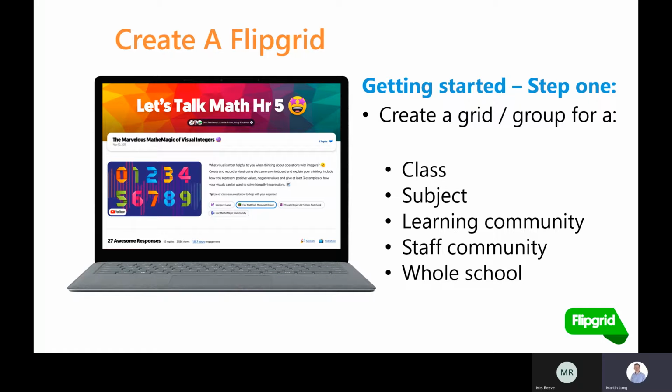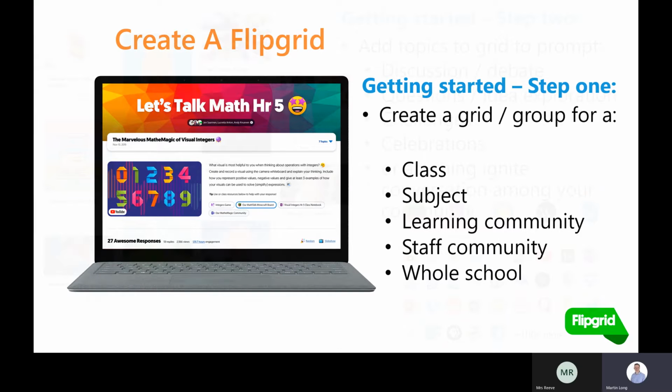But you'll set up classes, and then you'll make grids for those classes, and in there will be subjects. You could also use it for learning communities. You could also build whole school communities. So I've seen people use this for projects that they're working on with pupils or students. Maybe you've got an ecology group, maybe you've got a science club, maybe you've got a coding club. You could also successfully use this in any subject in school or any class in most educational phases. So there's a lot of scope to use this in many different ways.